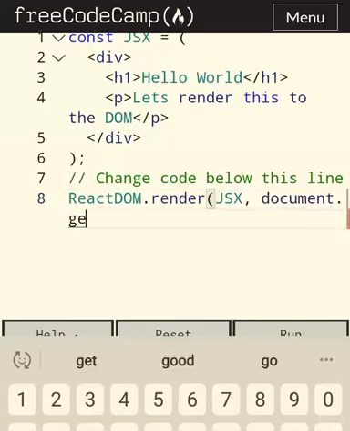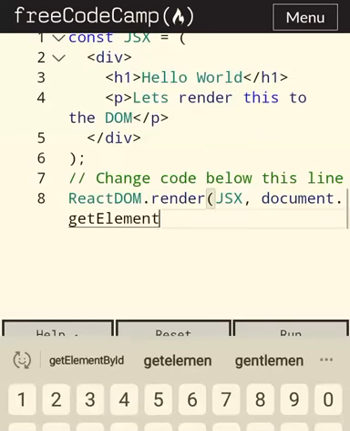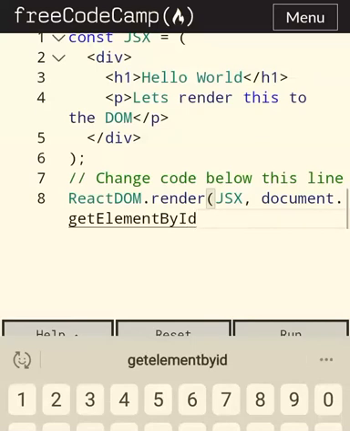So ReactDOM.render, JSX is the first argument, and the second argument is document.getElementById. That is your target, the destination where you will see your UI, right? So here the ID is challenge-node. So first you have to write document.getElementById, and remember the E is caps, B is caps, I is caps.